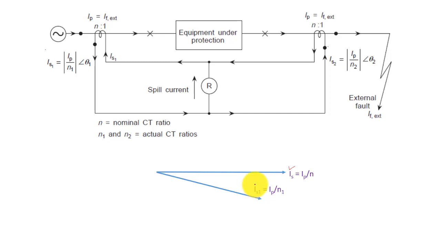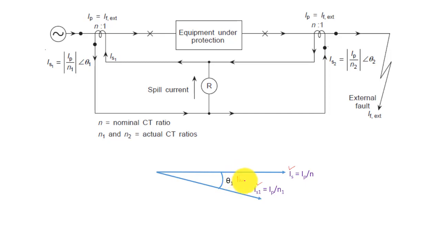So in CT1 the secondary current we obtain, IS1, is equal to IP by N1, where N1 is the actual CT ratio of CT1, and the IS1 makes an angle of theta1 with respect to IS,